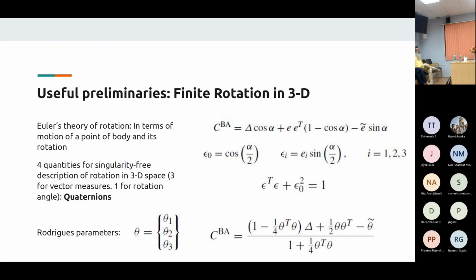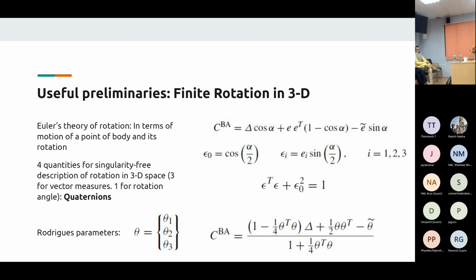Euler himself had established that you need at least 4 parameters to have a singularity-free expression of how to place a 3D rotation in space. The first 3 would be to place the axis itself, or the vector, in the 3D space, and the other would be the rotation around it. So this was the relation that was derived by Euler himself,